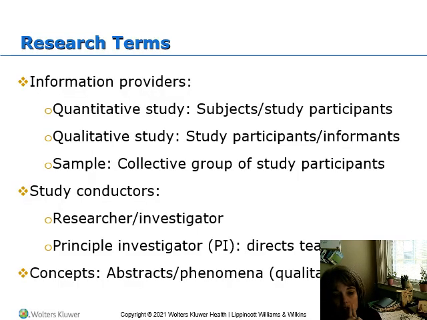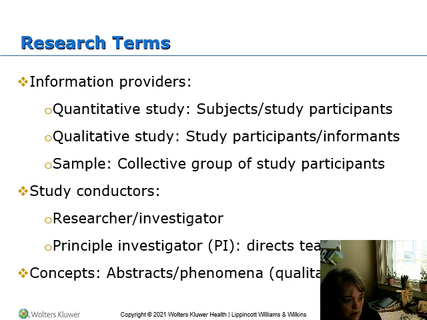So some key terms and key concepts are who provides the researcher with answers to their questions. In a quantitative study, you'll hear them called subjects or study participants. In qualitative studies, they're often called informants or study participants. And study participants, when grouped together, are called a sample. And when we describe samples in a research study, we're talking about the descriptors or the findings of that group